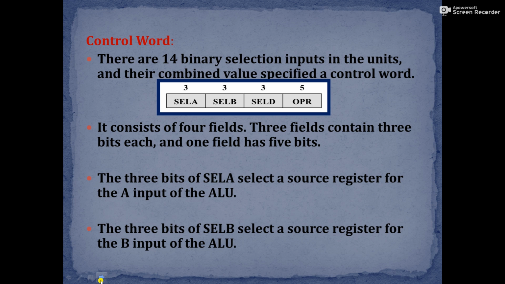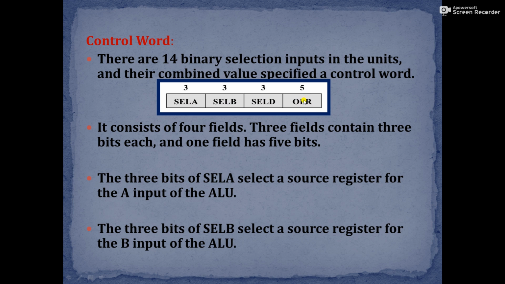Control word. There are 14 binary selection inputs in the unit, and their combined value specifies a control word. Here there are 4 fields: selection A, selection B, selection D, and OPR. Selection A and B are used to get the input values. Selection D is used for the output value.